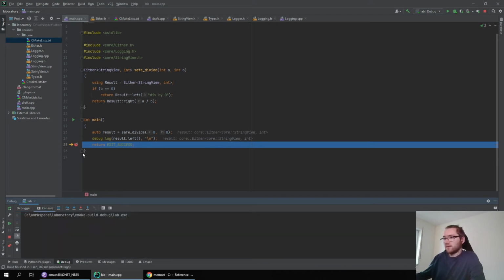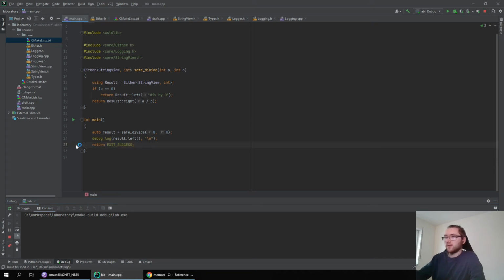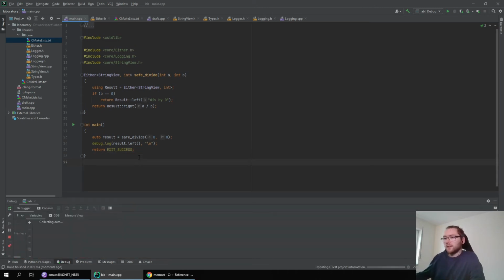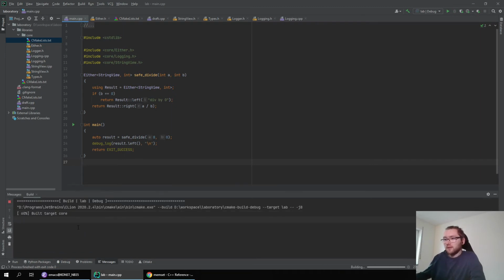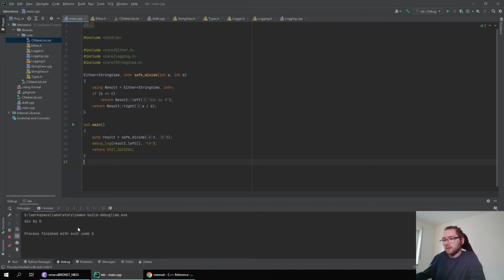Sure. Just continue. Oh, did I press... Oh, segmentation fault. No, seems okay. I might have pressed the wrong button in the debugger. Okay, sure. So I get my message out.